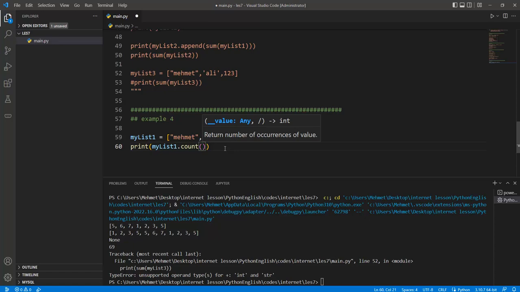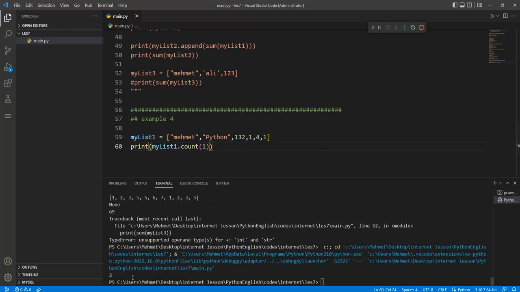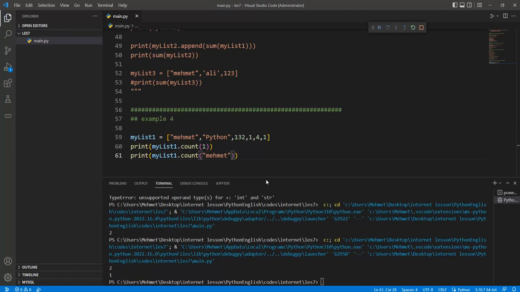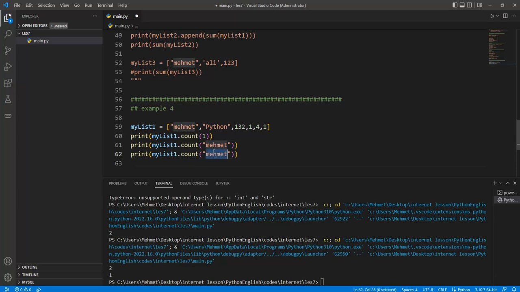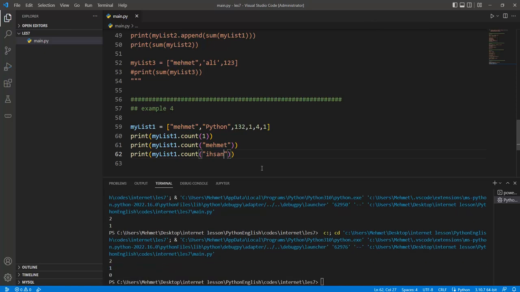Okay, and so if we push the 1 value in here, the 2 is given, or we can use Mehmet and this gives us the 1. Okay, or İhsan can be given, and so the 0 is returned for this element. Okay,